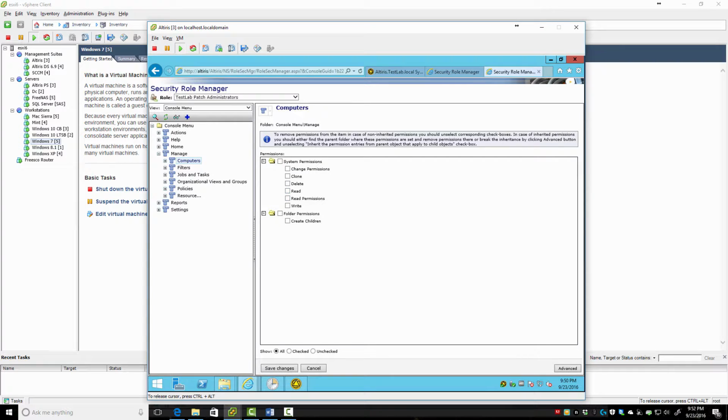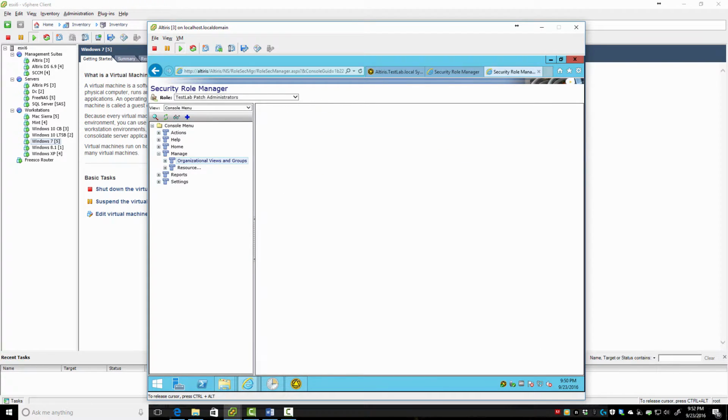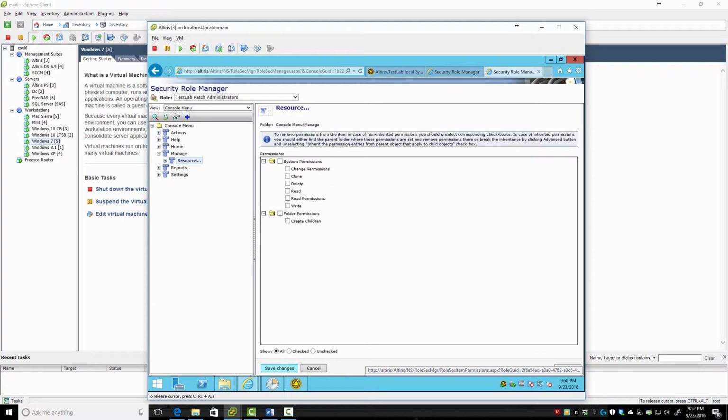Computers. Jobs, tasks, filters. Policies. Organizational views. Manage resource. Reports. And we'll let them have reports. Settings. We don't want them to have. All settings. So we'll take that off. Now if we go and save it,